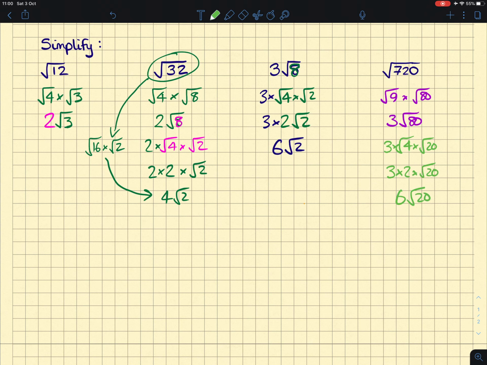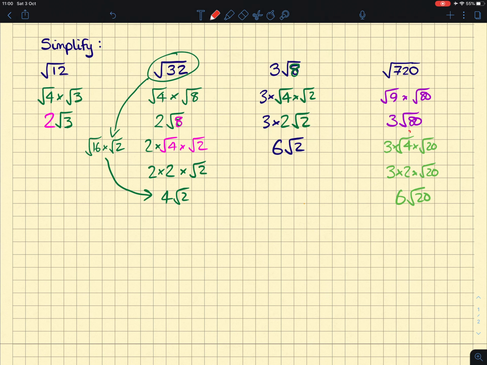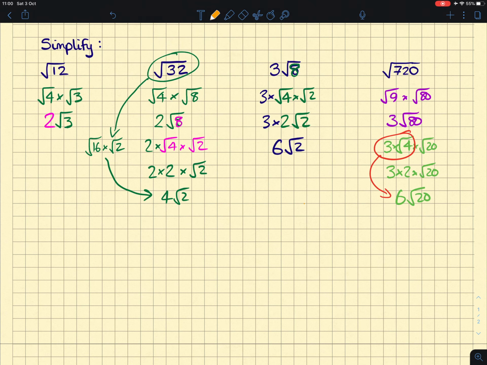6 root 20. And don't get me wrong, if you're happy enough to take this step, jumping from this step here to there, that's fine. I'm just showing all of the steps here for this example. Next step, I know that 20 can be divided by 4, so I can rewrite it as root 4 times root 5. That root 4 is then going to mix with that 6 when it becomes a 2, giving us 12 root 5, and then that 5 in the root can't be divided by anything, so that is our fully